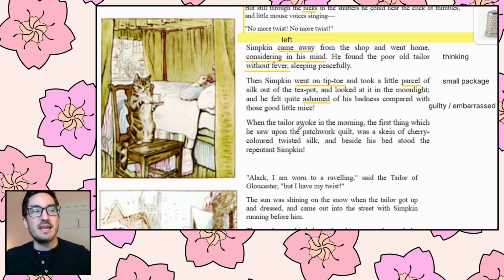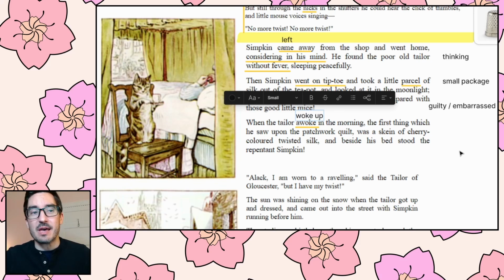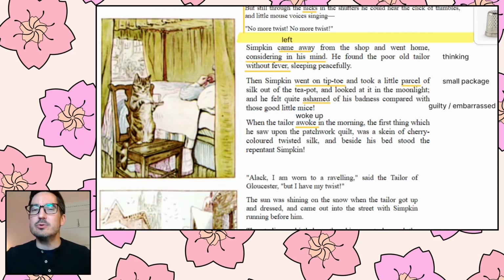So, when the tailor awoke in the morning. This is a common word, and it's similar to woke up. It's the same as woke up. Usually people just say, oh, I woke up. But the old way of saying it is awoke. You'll see this a lot in stories. So when the tailor awoke in the morning, the first thing which he saw